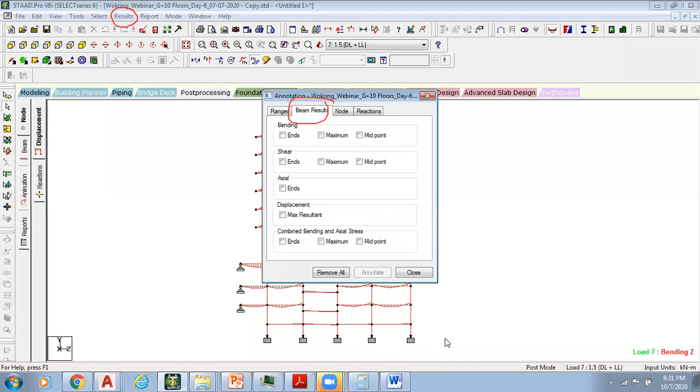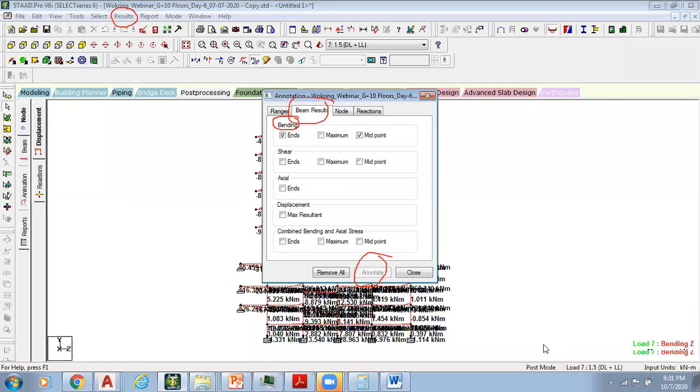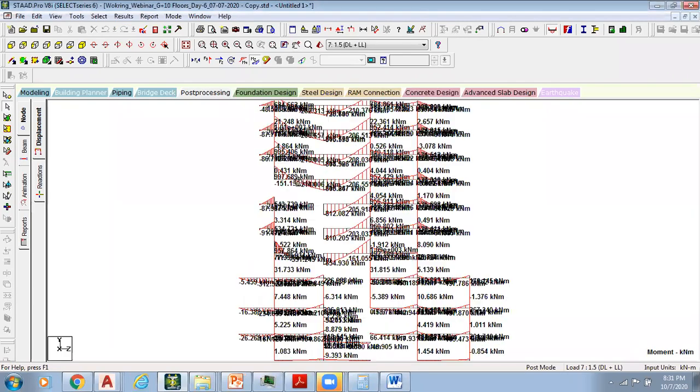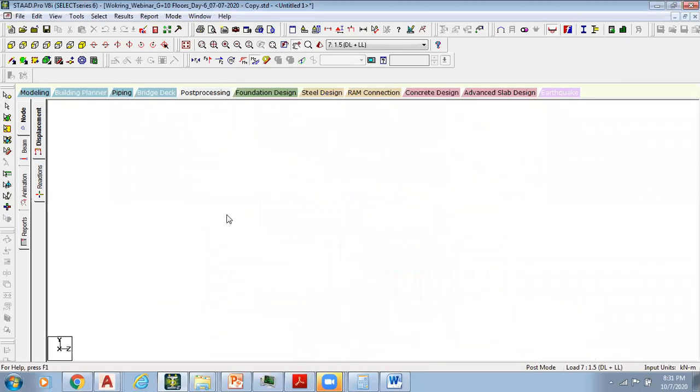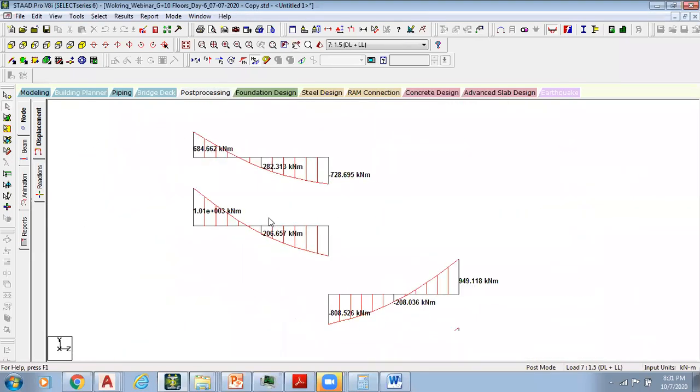Then I can click on Bending. So I want to know the bending values, the end point and then the midpoint. I can click end point and midpoint. I can say annotate, meaning indicate them. See, these are all the values.